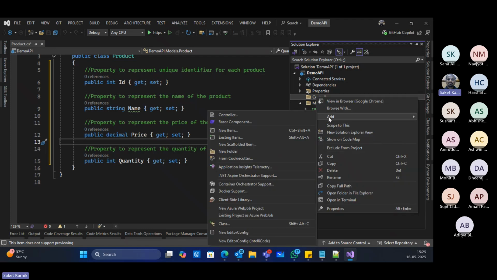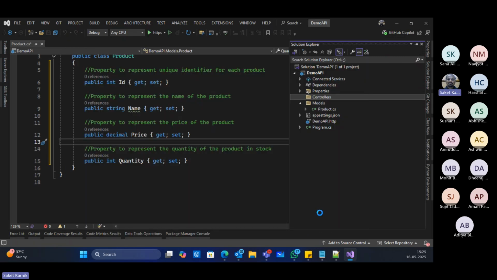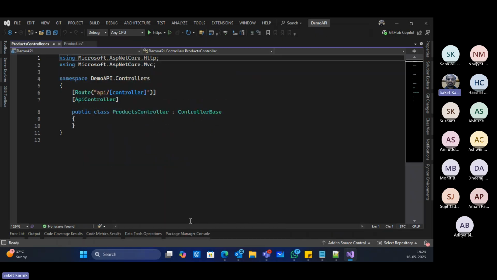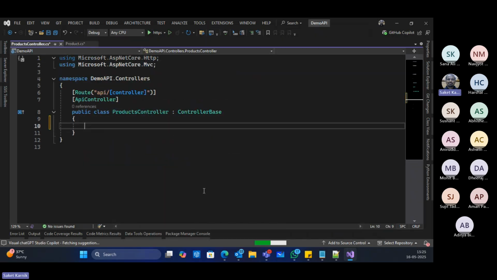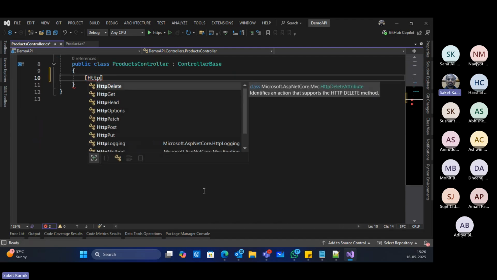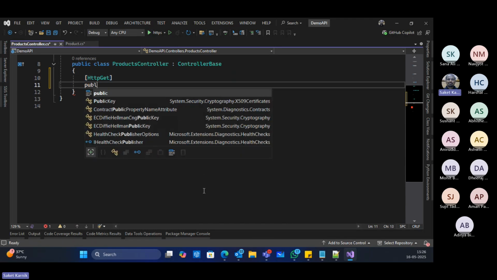So if I create a controller class of my own, and let's say API, I go with API controller empty to start with, and I name this as products controller. Okay. And then here I say there is a method accessible via HTTP GET, public.